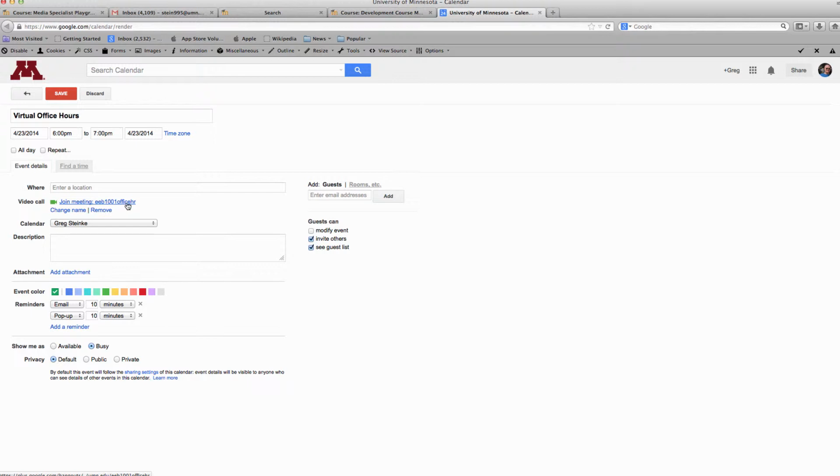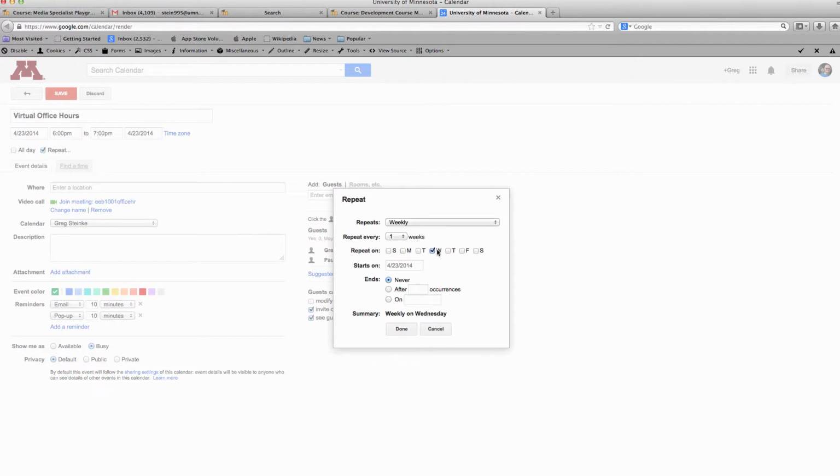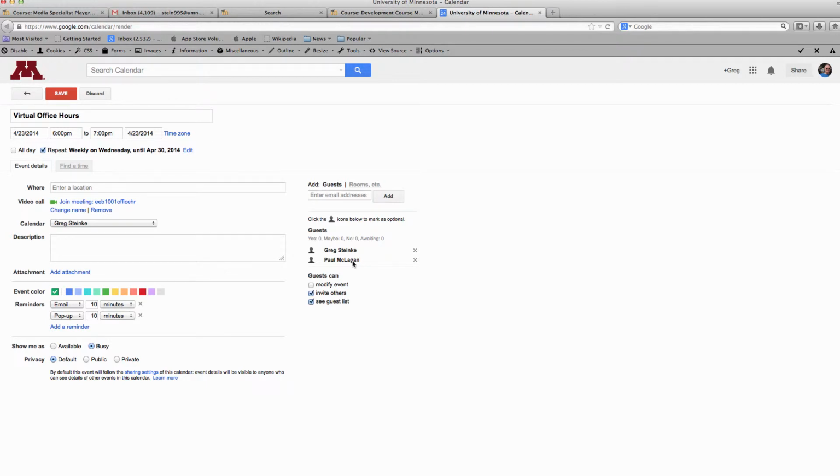So what you could do is go beyond and add in your students, all your student emails, add them to this calendar event, and then repeat this session for, let's say, every Wednesday, and it ends on, I'm just going to choose 1 week here. It ends on 1 week. So every Wednesday from 6 to 7, I'll have virtual office hours, and since I add all my students to the calendar event,